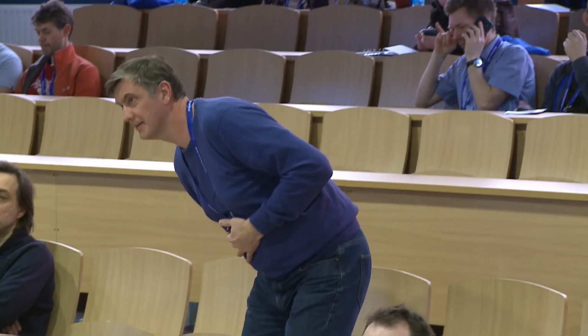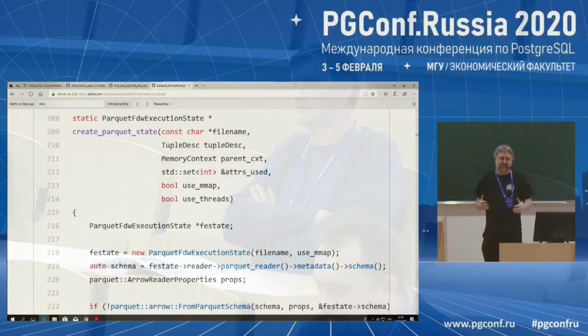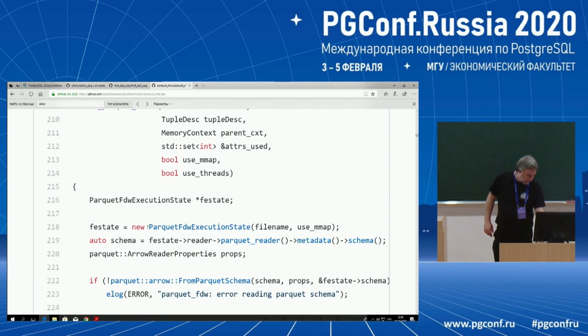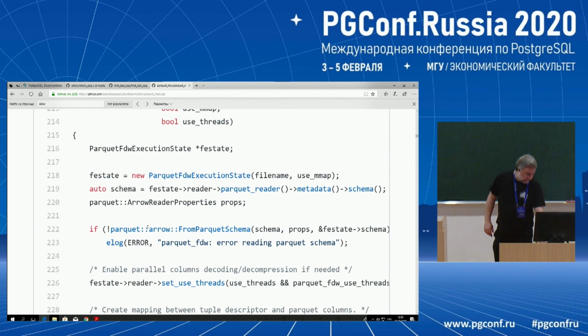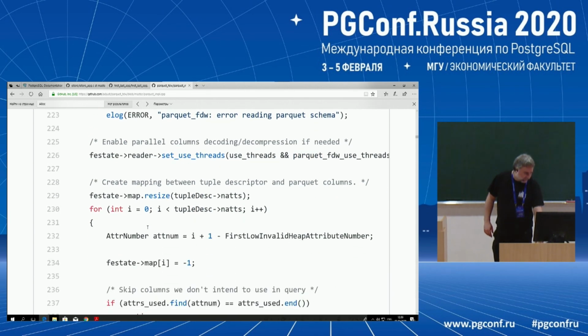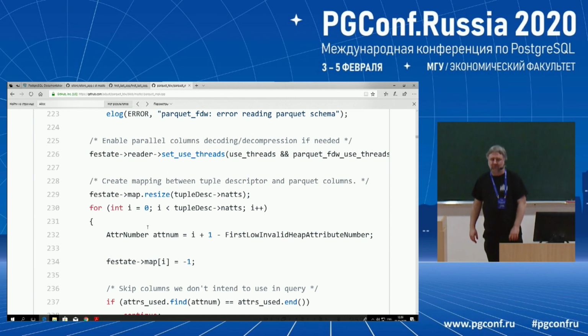So the basic thing is you can palloc from any related language as long as you can access this. I think in these cases, if we're creating the Parquet state, these ought to be palloced into the statement or so